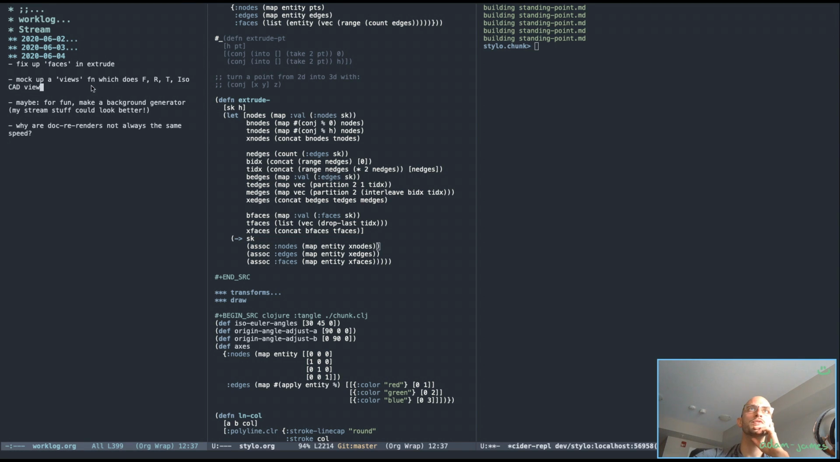Mock up a views function. And then this here, maybe for fun, make a background generator. If I look at this part of the stream, behind this camera, and even around, I just kind of threw this together. I'm new to this, and I'm gonna figure out stuff as I go. But this background all around is just very plain. So I had this little idea to do,